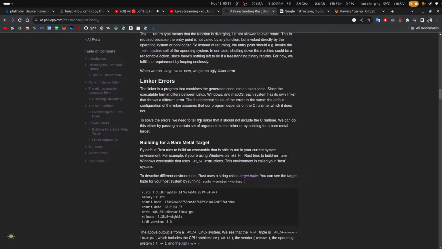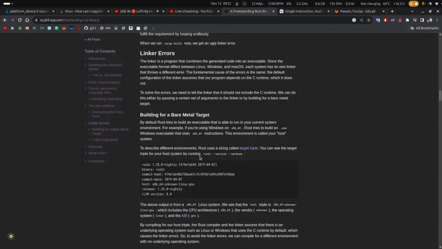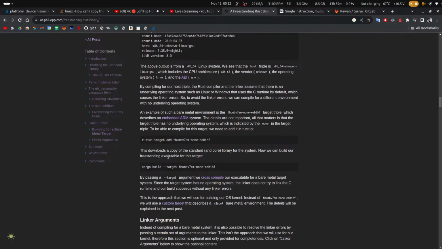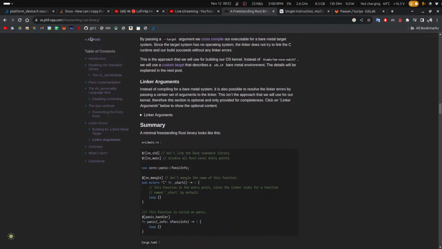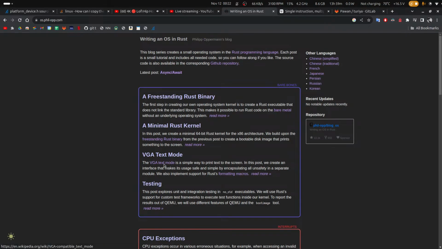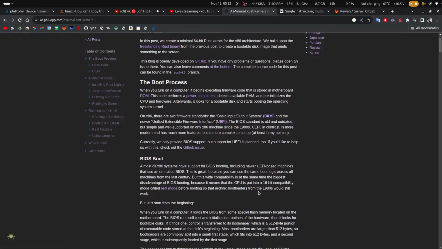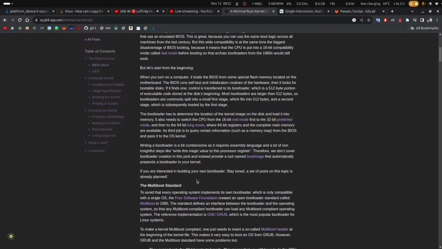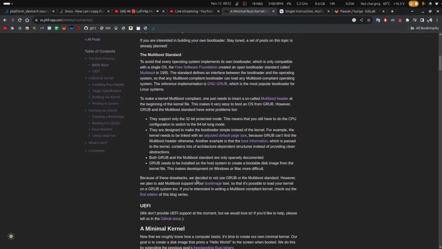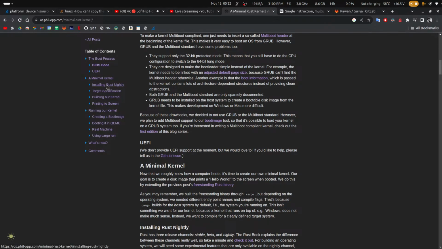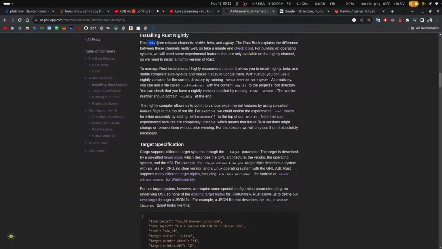Where is it? C runtime, solve a problem in runtime. Bare metal. rustc version. I think it's in the host triple. BIOS boot. Install nightly. Oh boy. rustc is okay. rustc version. I recommend Rust is